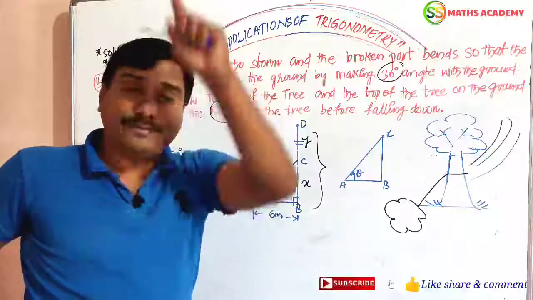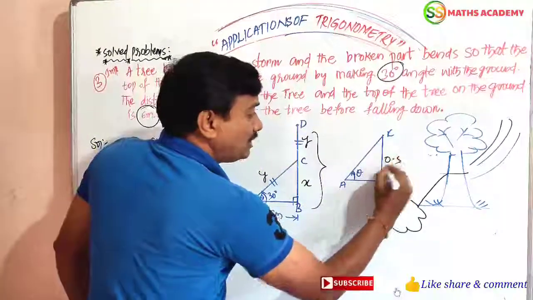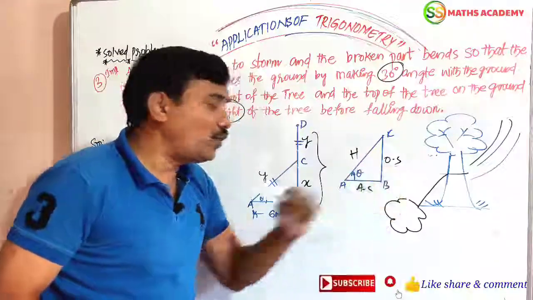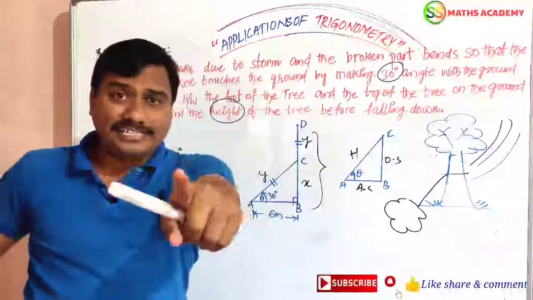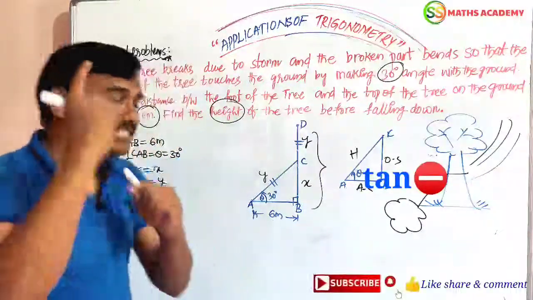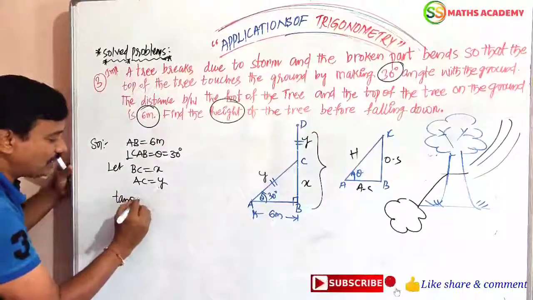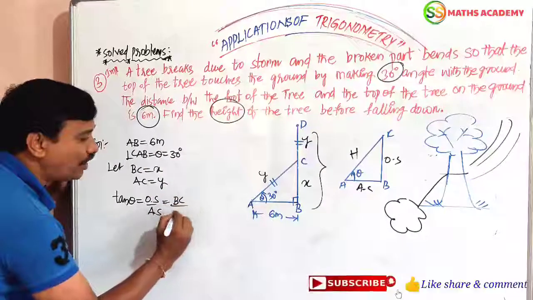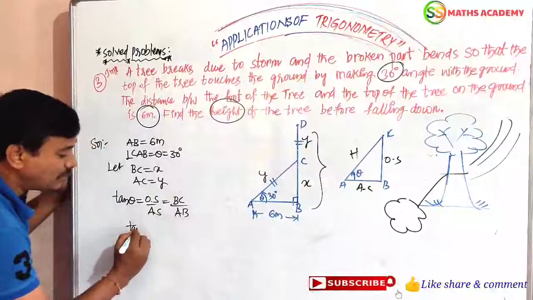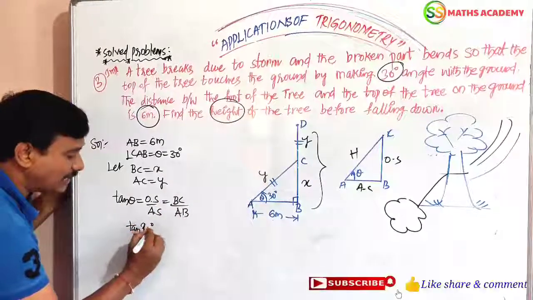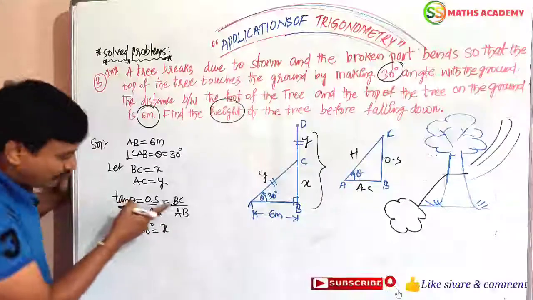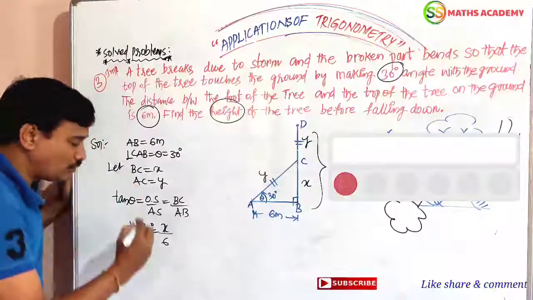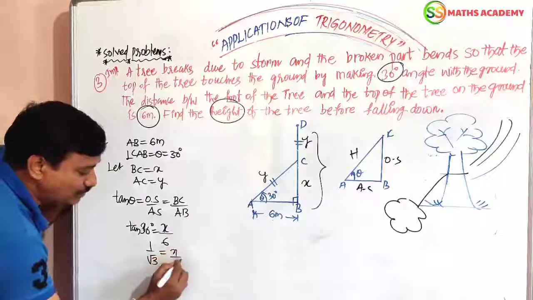Now by the concept of trigonometry, in this triangle we have the opposite side, the adjacent side, and the hypotenuse. You know this very well. We have to find BC first. What is given? AB is given. So we apply tan theta, which is opposite side by adjacent side. From this diagram, tan theta equals BC by AB. Theta is 30°, BC we don't know, so we consider it X, and AB is given as 6 meters. Tan 30 is 1 by root 3, so 1 by root 3 equals X by 6.